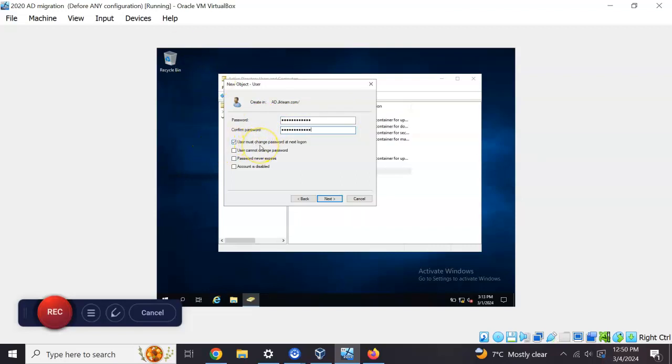The first one says that whenever a user logs in for the first time, the password should automatically be dropped and the user has to change the password. The second one is, whenever you are using a service account, we'll go with the user password cannot be changed and